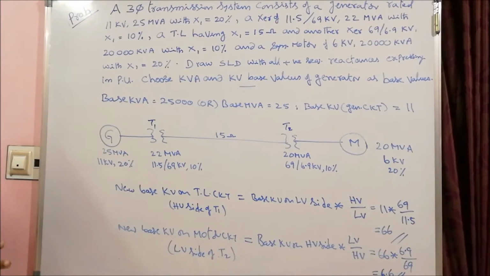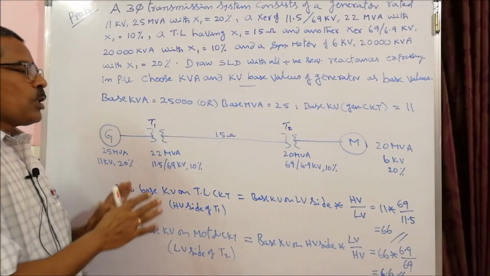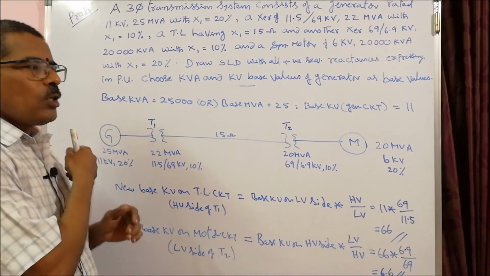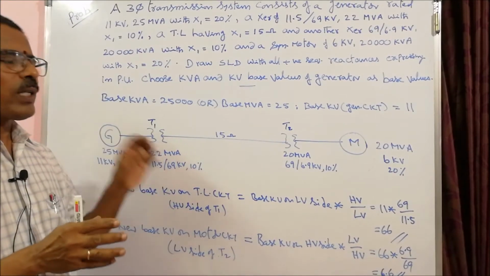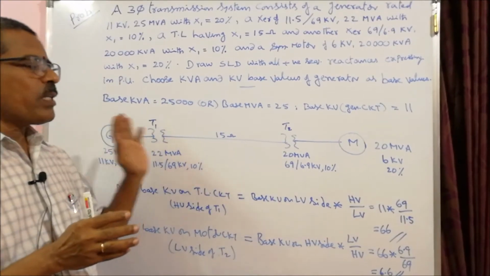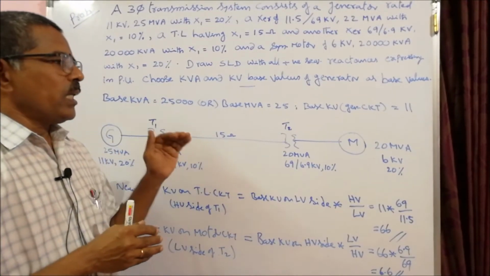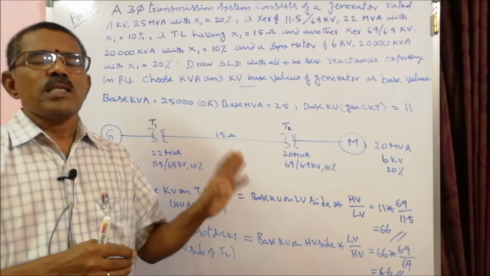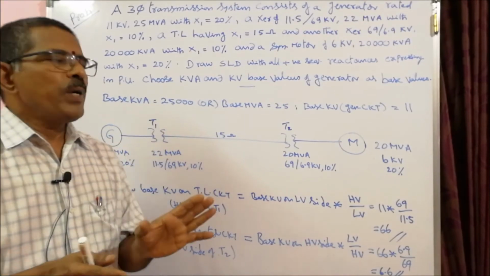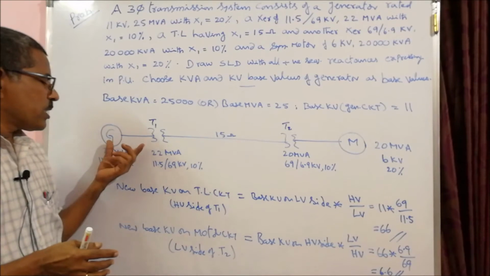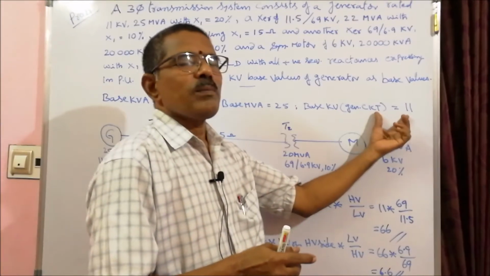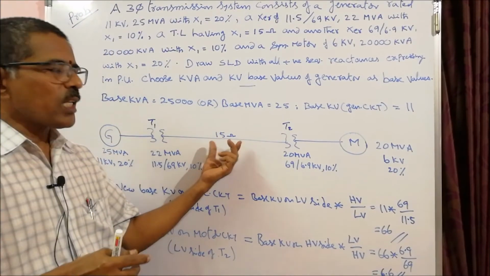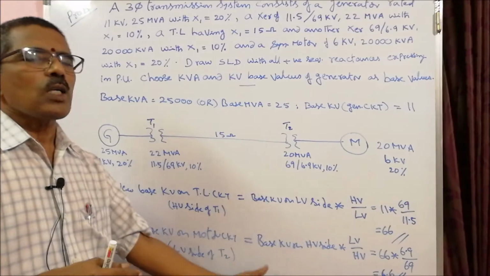Okay, so please observe, the first step is always to choose a certain base kVA and kV. kVA is unique throughout, it is uniform, it will never change for the entire system. kVA base or MVA base remains the same. Only the new base kVs for different sections are to be obtained, selecting a particular sectional base kV. So here the generator side base kV is being selected. This is the reference. With respect to this, what is the new base kV on the transmission line circuit, the new base kV on the motor circuit, these are to be obtained.